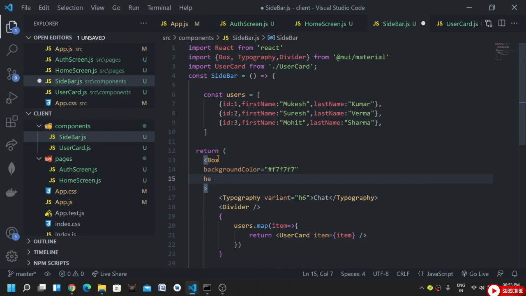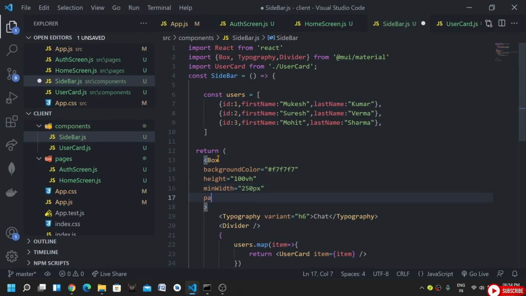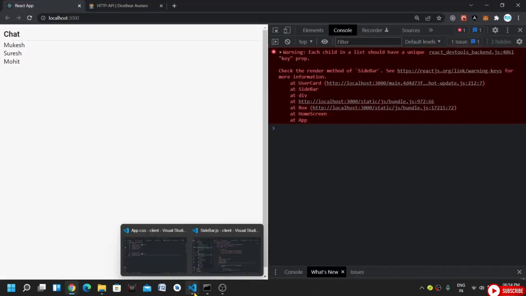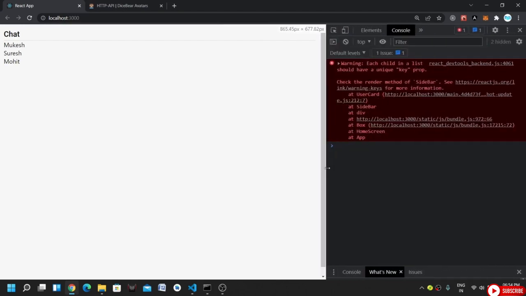So height will be equal to 100 vh, and then minimum width I will give. Minimum width will be, I have to make w here capital. Width will be let's say 250 pixel. Let's see how it looks, and then we will add a padding also. Padding will be 10 pixels. Okay, let me see how it looks now. And is it compiling? I think